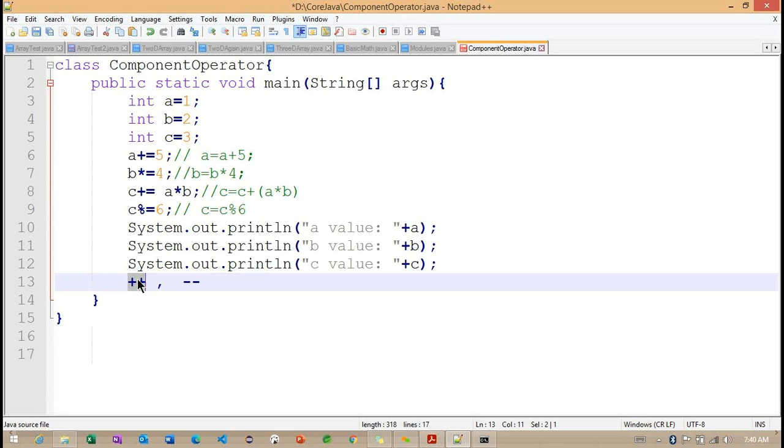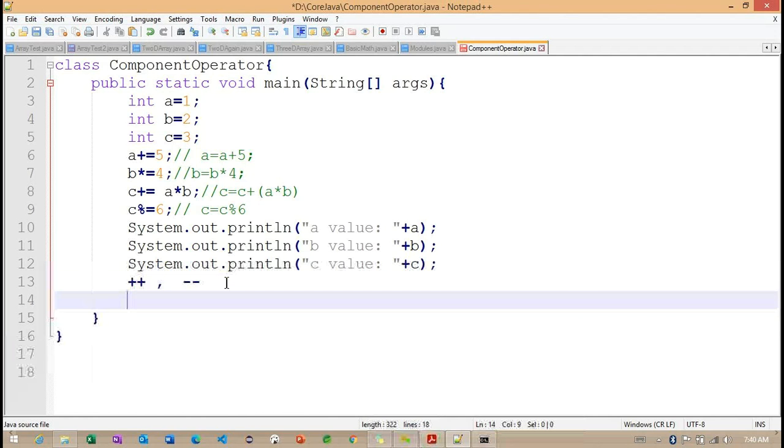Right. So now understand how this particular increment works with the previous example. So x is x plus one. So every time the x value is going to increase by one.